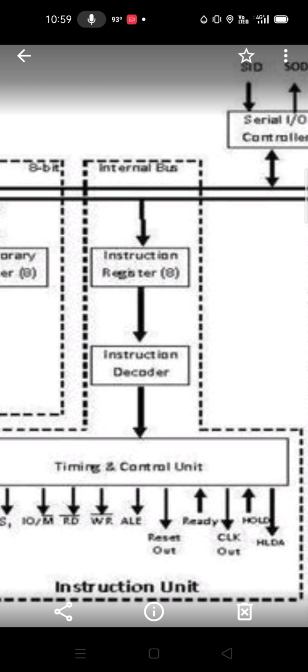Once you have the add instruction in the instruction register, and the data element has the logical things to do within that 8-bit element, the instruction has to be decoded first in the instruction decoder. Once you have the decoder, then you know what to do.